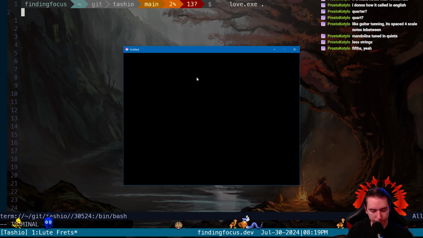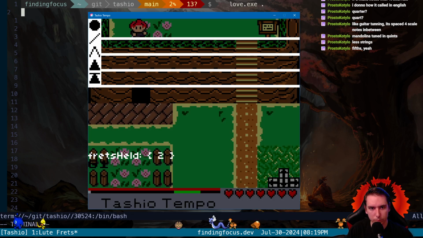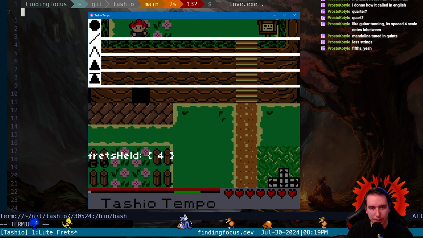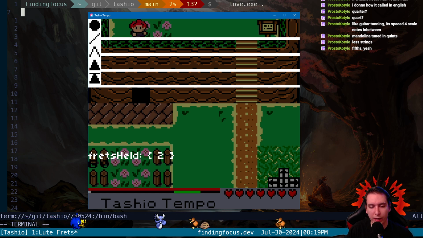Okay, let's see. Yes. So what I'm doing is keeping 2 held and then just tapping 3 and 4, and it defaults to the highest fret, or nothing if nothing's held. Okay, cool. So now that we've got the value of the highest fret, now we just need to render whichever